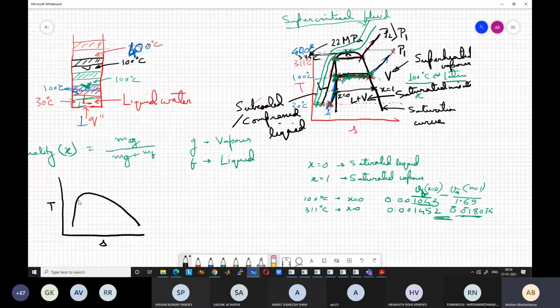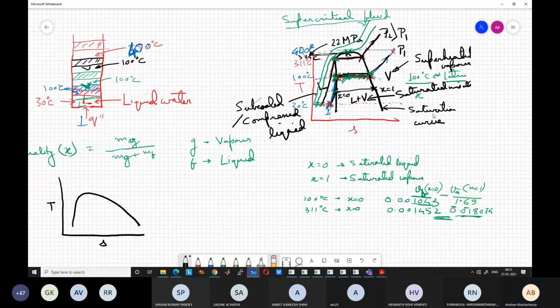Okay. So any point which is at a lower pressure as compared to the critical pressure is known as subcritical fluid, or normal, what you normally know as liquid water and vapor, gaseous state. Any point which is at a higher pressure as compared to critical pressure is known as supercritical fluid. You cannot say whether the supercritical fluid is liquid supercritical or vapor supercritical. There is no distinction, and there is no transition there. And below this pressure, there is a transition from the liquid to the vapor, and the quality increases from 0 to 1.